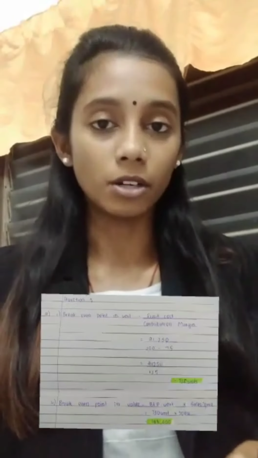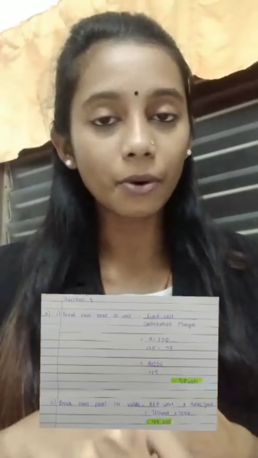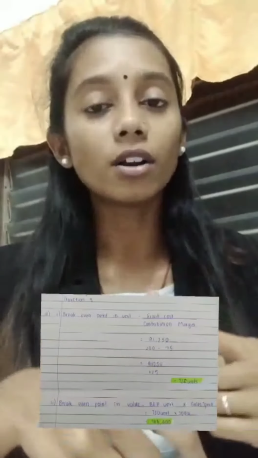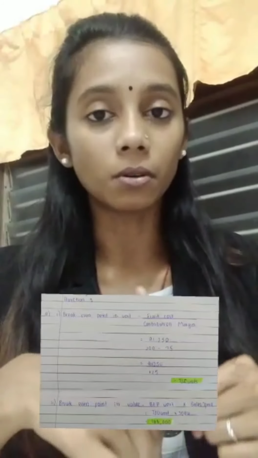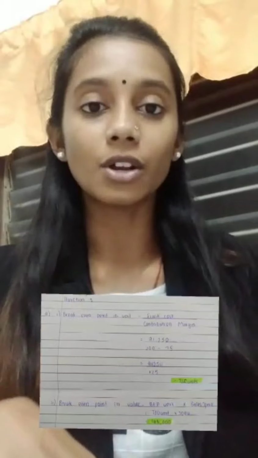So today I'm going to explain the formulas and how I calculated each and every question. So the first question will be the break-even point in units. The formula of the break-even point in units will be fixed cost divided by contribution margin. Contribution margin usually they won't give any value in the question, so we need to find it ourselves. How we find it: the selling price minus the variable cost. So selling price 200 minus variable cost 75 ringgit, you will get 125 ringgit for the contribution margin, and you need to divide the fixed cost by it, and you will get 713 units.